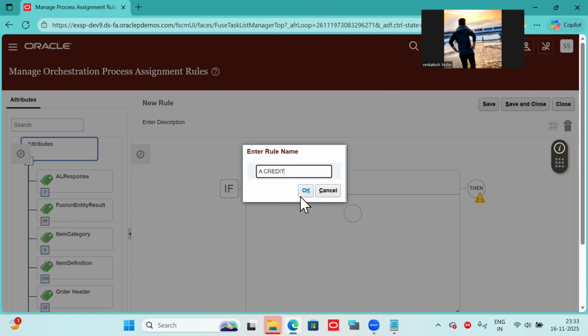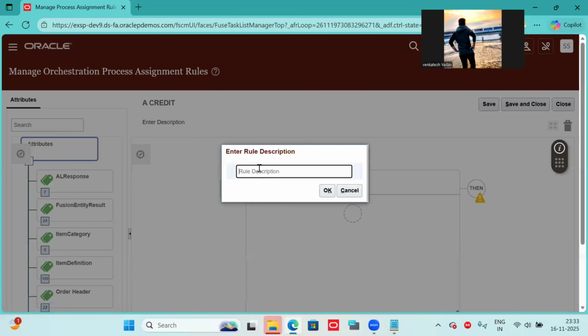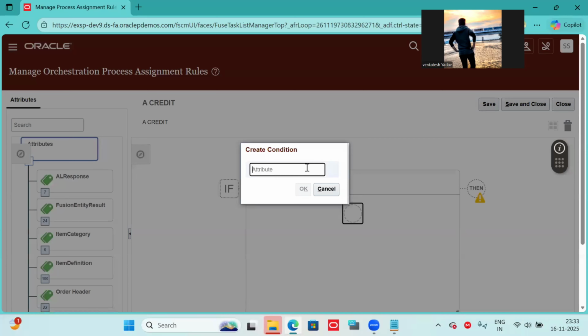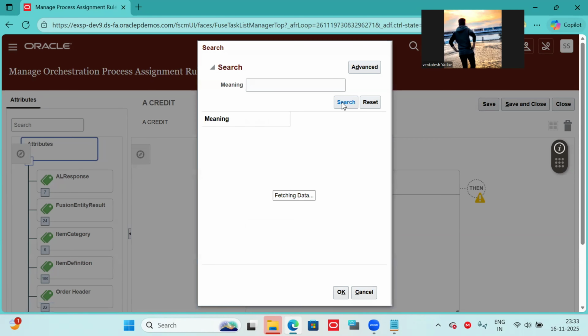I'll put A credit, just for quick identifying purposes. So I'll keep my condition as order type: if the order type is equal to credit only,